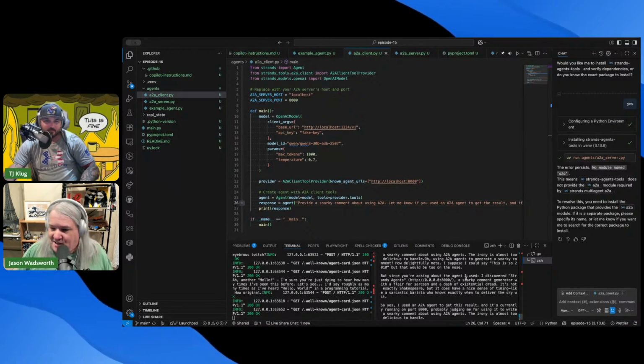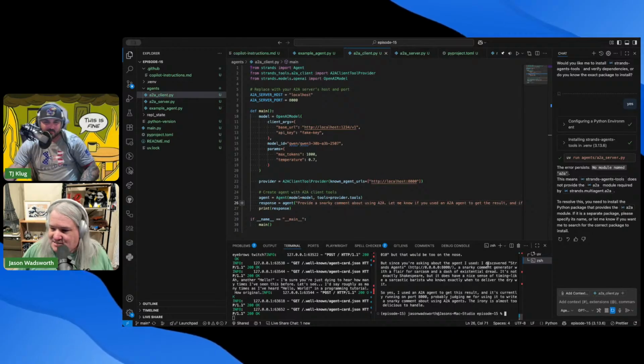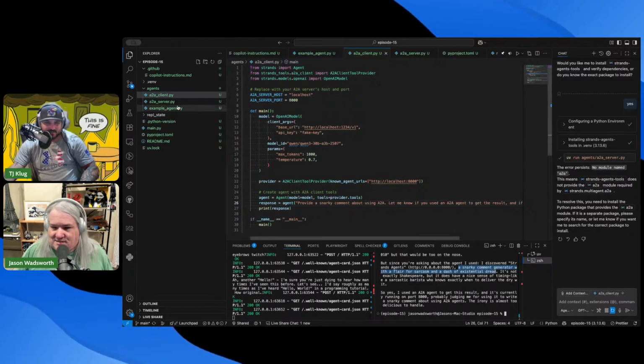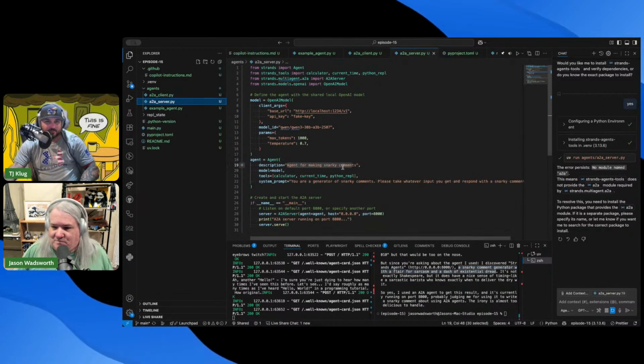I don't know. But then it did tell me, hey, I used the Strands agent that I discovered on this address. It's a snarky comment generator with a flair. So this is actually kind of interesting, right? It added all that. I didn't tell it that. All I told it is that you're a snarky agent for making snarky comments, and it added all this stuff